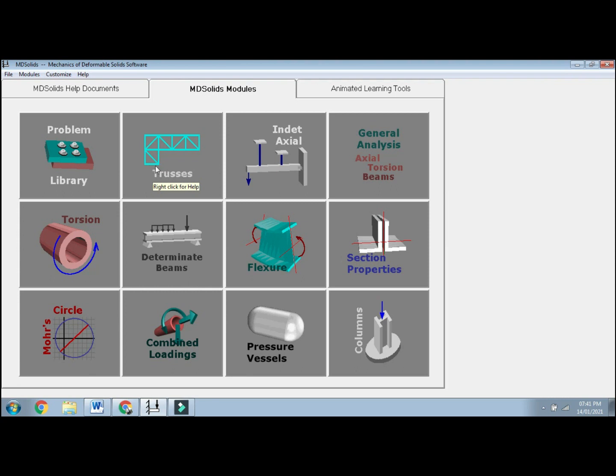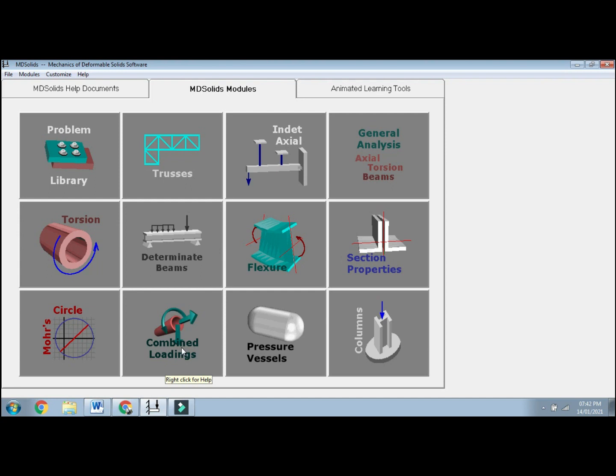You can get general analysis for torsion, pure torsion, determinate beams, the bending problems, the flexure, the section properties, the Mohr circle, and the combined loading,